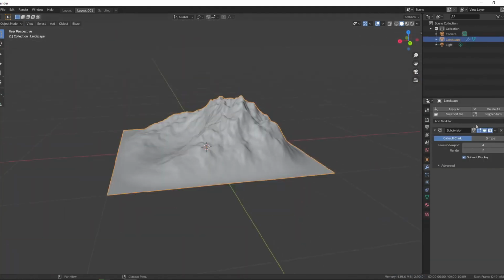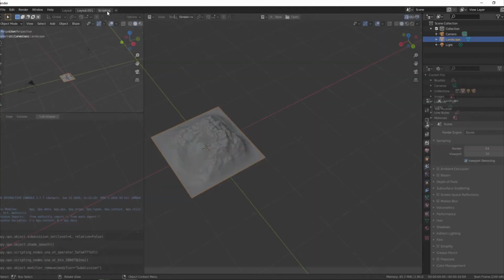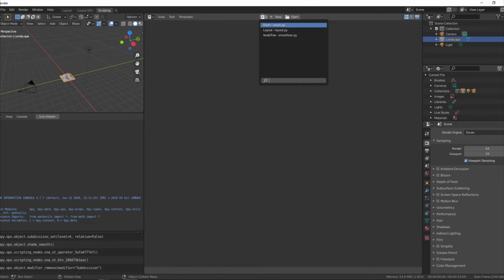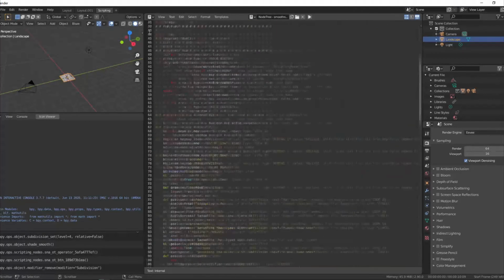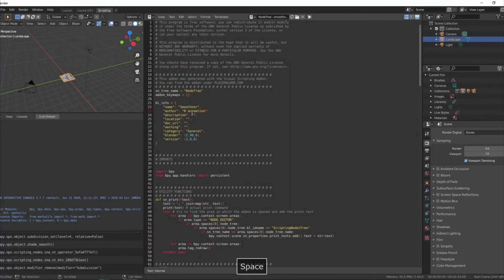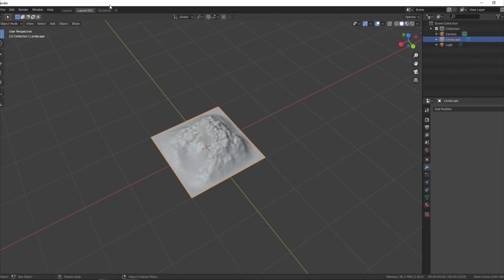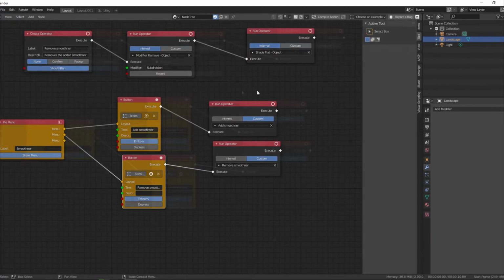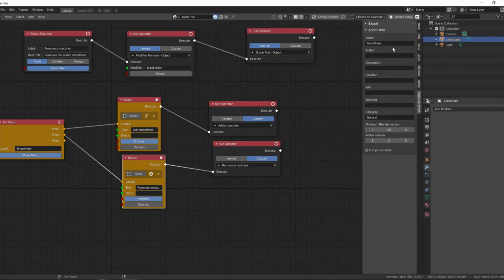And you can also get the code for this node network that we just built. When you go to the scripting tab or in the text editor, you will find the file with the same name as your node tree, and here you can add your name or edit some information about the add-on, or if you want to distribute it as an add-on, you can export this too. By the way, if you want to add information about the add-on, you can do that in the properties panel also, that appears when you press N.